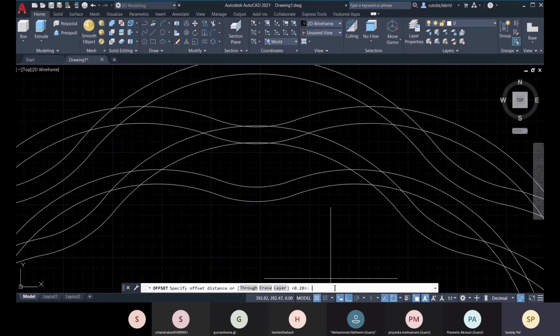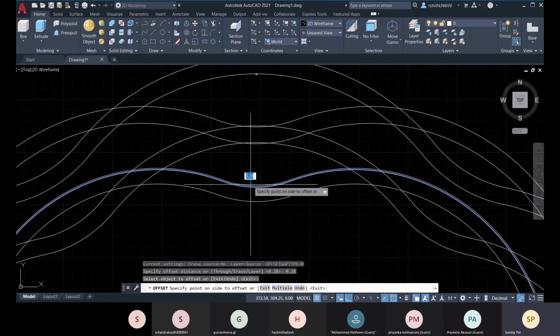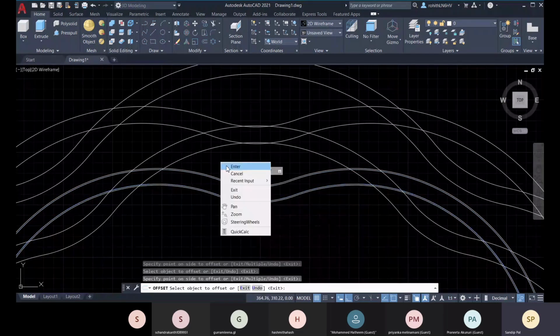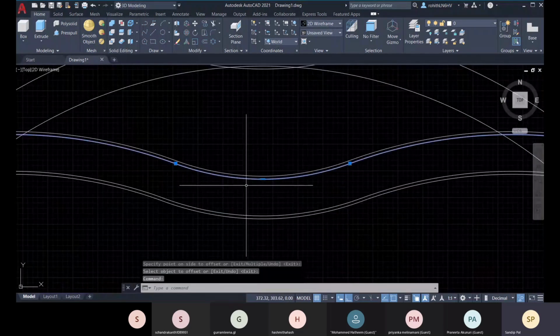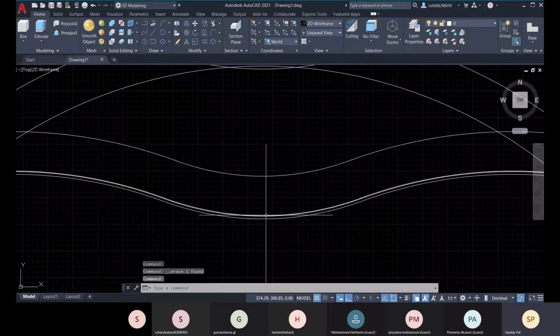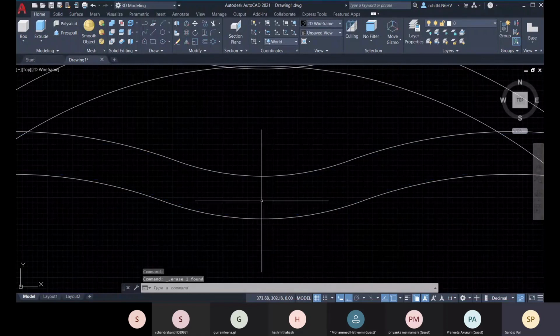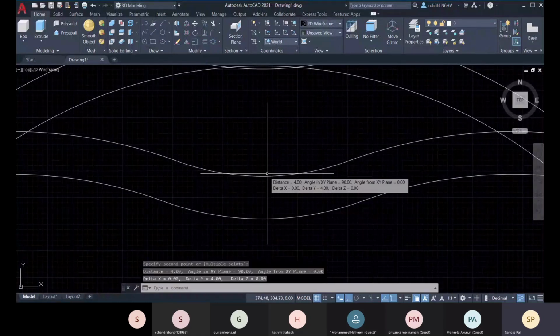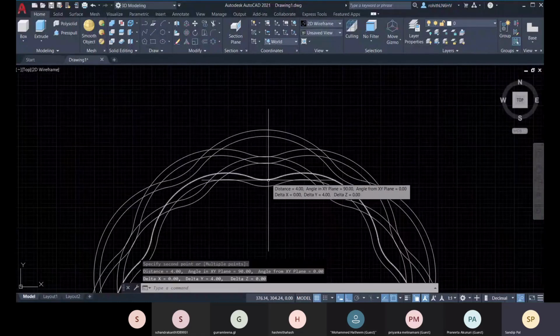Go for 0.28, enter. And you delete it. Okay, so like this you have to make all this.